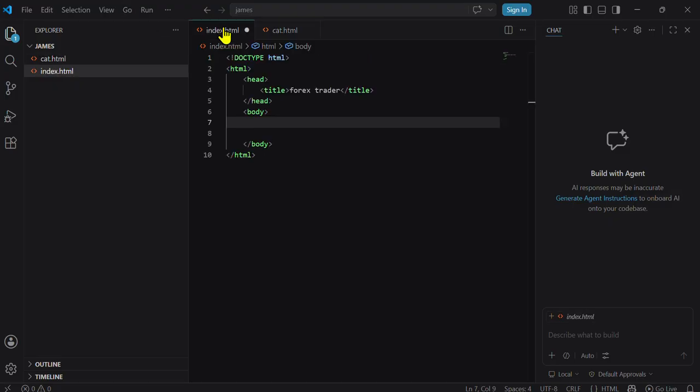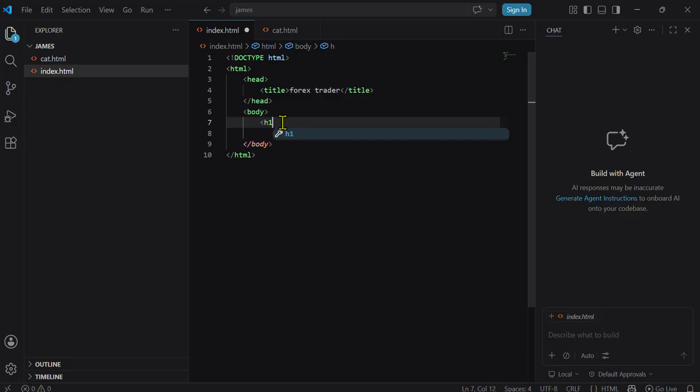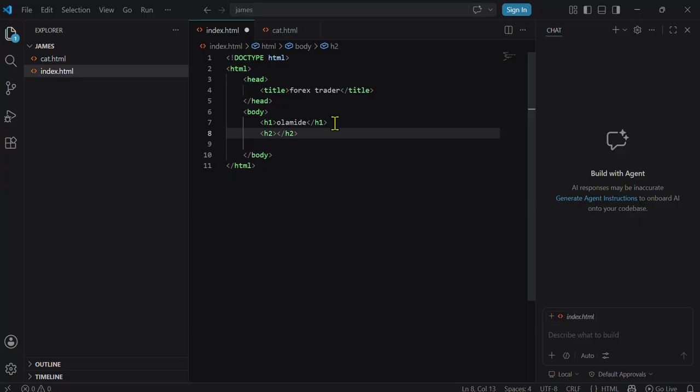So let me just use this. I gave you guys an assignment on how to write artists, after you use your heading tag to write all your favorite artists. I'm going to be using this index.html and I'll use my cats for paragraph. So let me just do h1. I'll write maybe Olamide, then I'll come here, put my mouse there, click enter. H2, I'll write maybe Asake,